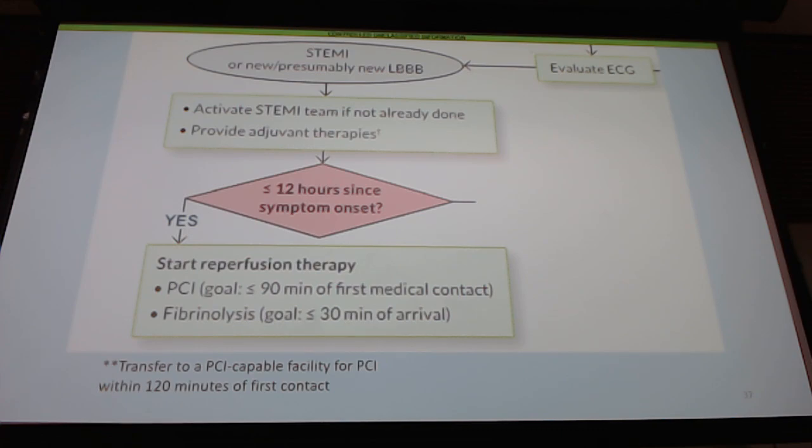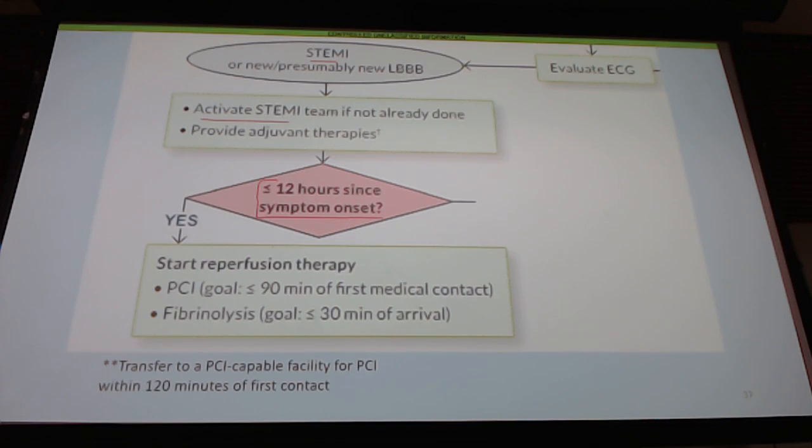So let's go back to our algorithm. We looked at our EKG, and I have now diagnosed this as a STEMI. This patient has an ST elevation. Hopefully we've already activated the STEMI team because it said to do that in the other box. And then this is where your history is important. Has it been less than 12 hours since the symptoms started? If somebody comes to you and it's been 14 hours or so since they've been having this chest pain, then you're potentially outside of the window for this treatment algorithm.